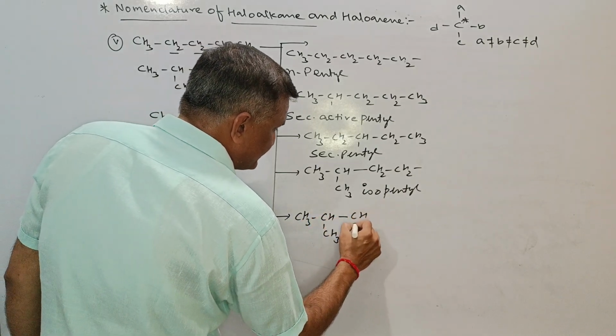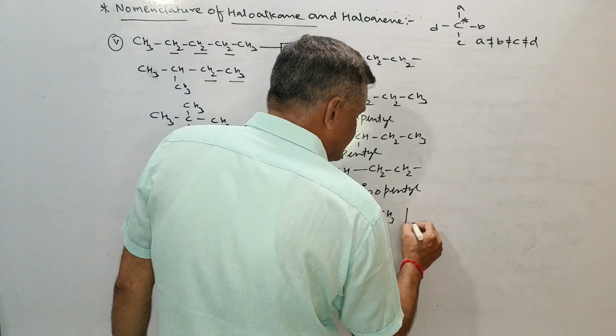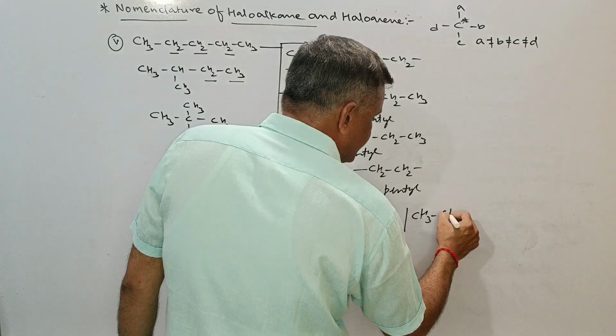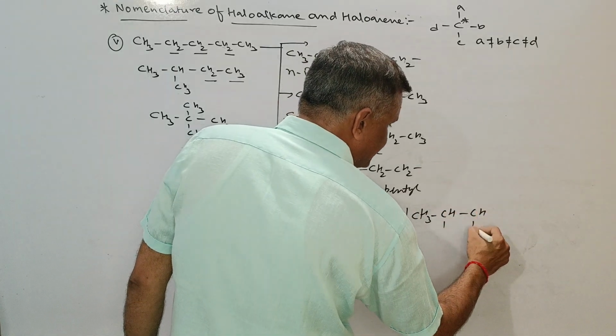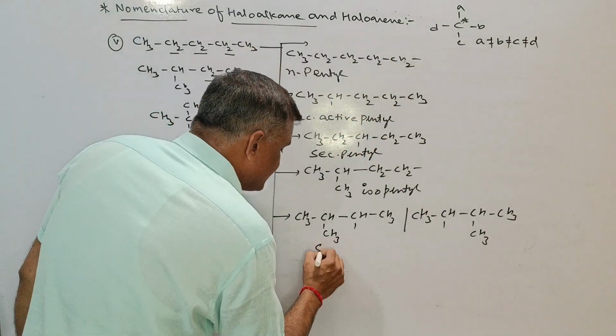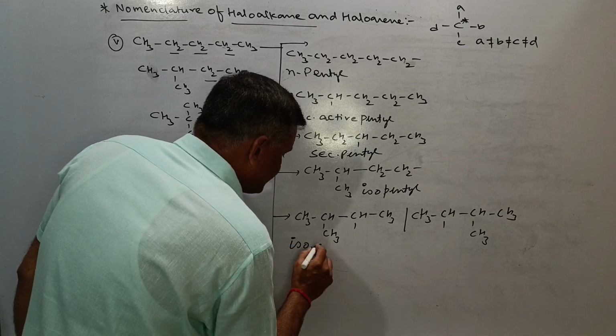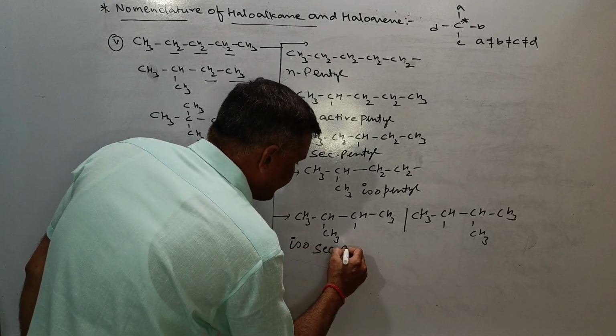This is the CH bond CH3. We can write the structure as follows also by flipping CH. This is the bond CHCH3, and this is the CH3. This is called secondary, you can say iso secondary active